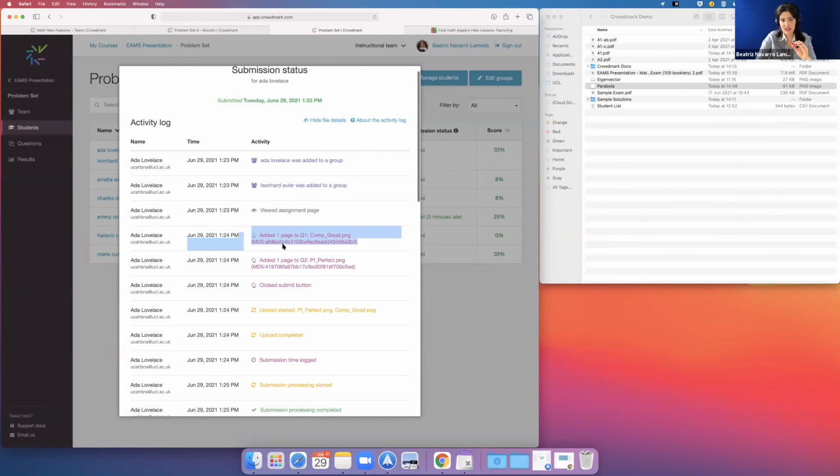This information here, this MD5, is a unique identifier for files that students upload. This could be very good, for example, for detecting that two different students submitted the exact same file. It will have the same code. Or if a student says that they accidentally deleted their submission, and after the deadline say, oh, I realized that I accidentally deleted my submission.